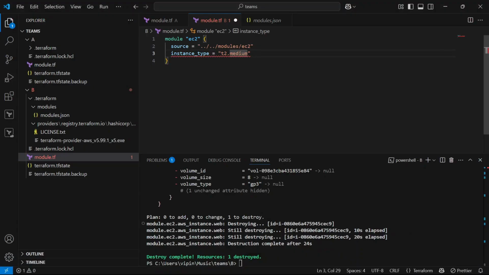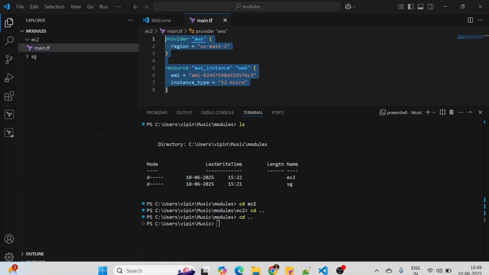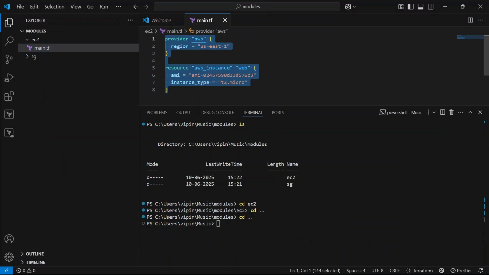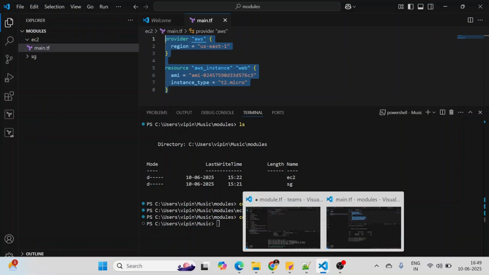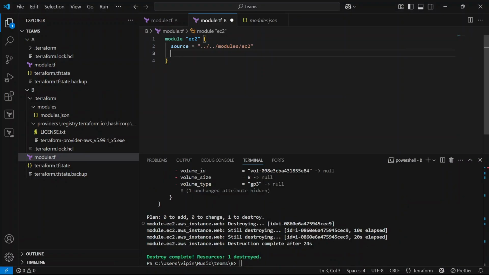From here we were calling the module, right? Suppose team A wants to use the instance type t3.micro or t2.medium. Let's try to do it here. Specify instance_type equal to t2.medium.